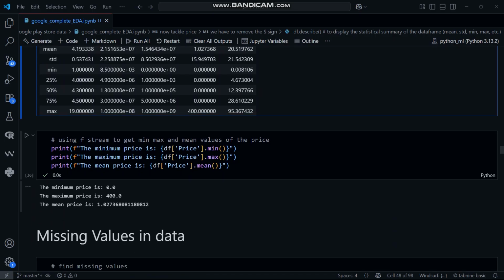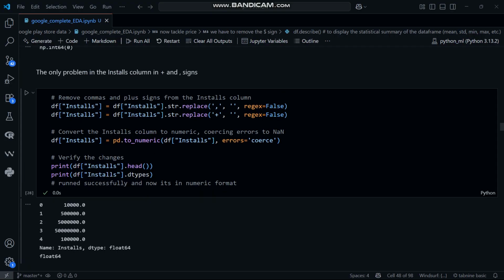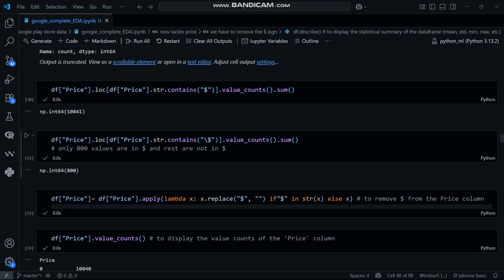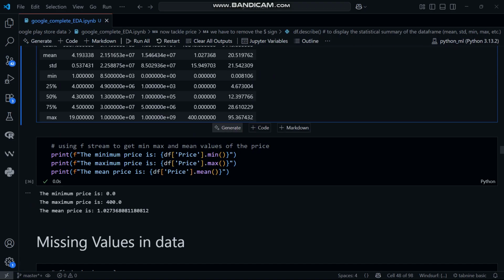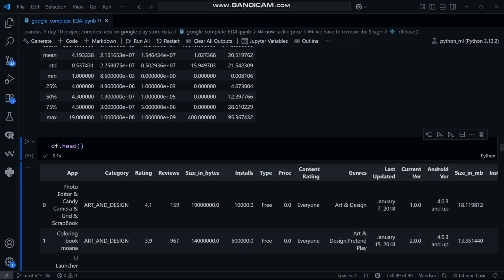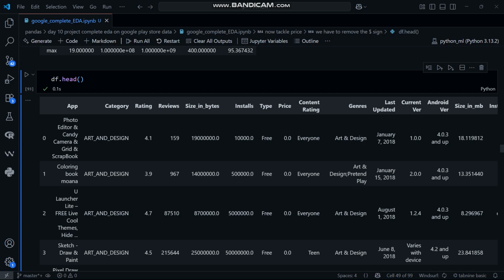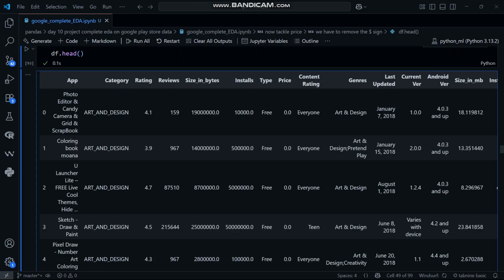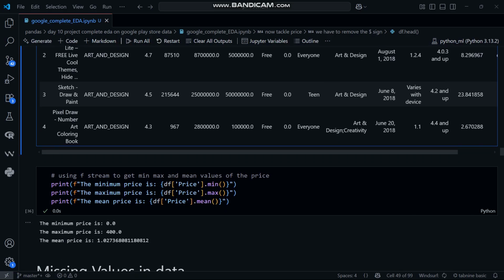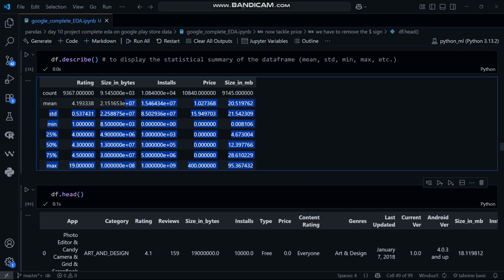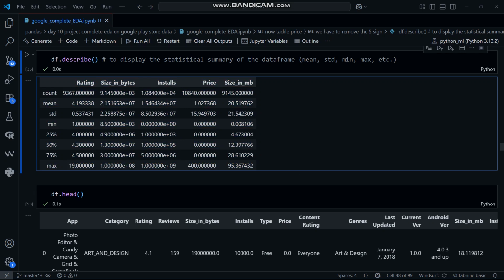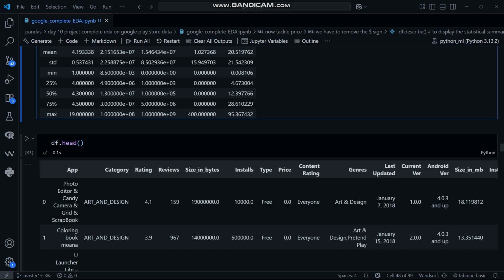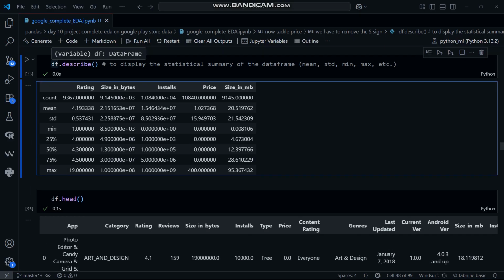Okay, so where was I? I just want to add one line here, df.head. And where is the reviews column? In the reviews column, 1M is up there, which was causing the issue. And I have debugged that issue in my previous lecture, so you can see it if you want. By the way, the reviews column is having a numerical data type, but due to those Ms, it was having the issue. Likewise, it's not giving me the data of reviews here, which means the data in the reviews column is not numerical. If you want to see the reviews data as numerical data, and we want its statistical analysis, we have to